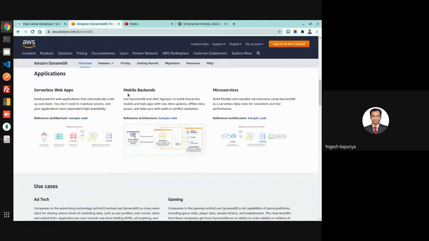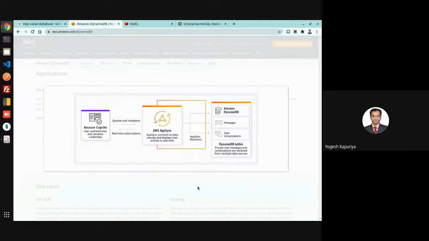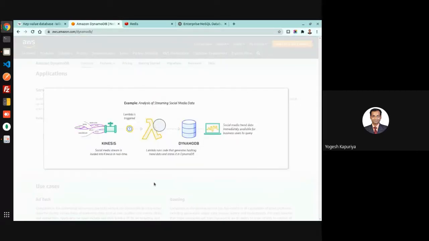Mobile backends also you can implement this way. See, these are the various use cases. Let's say this is analysis of streaming social media data. So you have one application, Kinesis. Basically, this is a streaming application, which is again provided by AWS, which can be integrated with DynamoDB. Now, again, what will be the key over here?